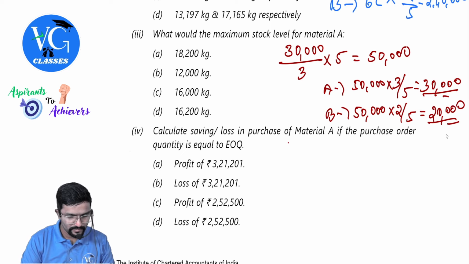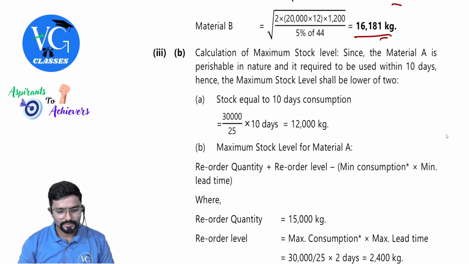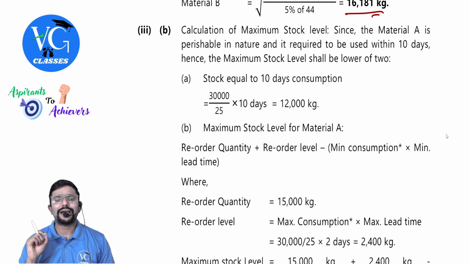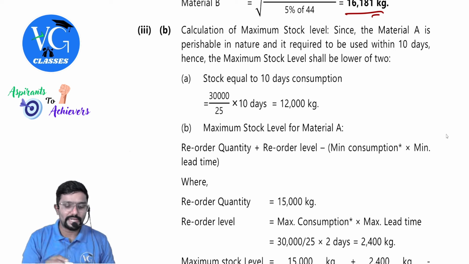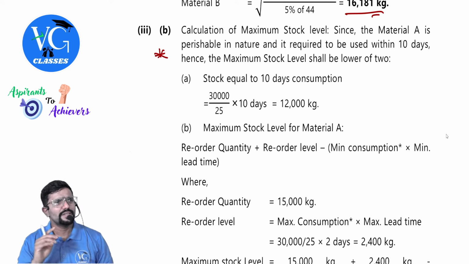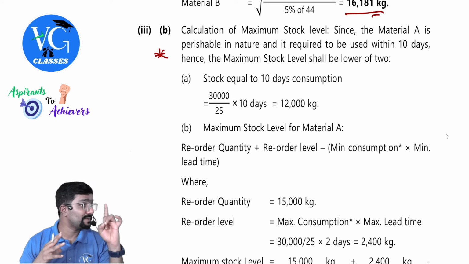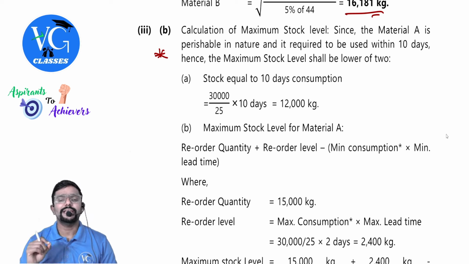Third one, calculation of maximum stock level. Since the material A is perishable in nature, very important calculation. You can mark a star here because they have given one additional information in the question that material A is perishable in nature. You cannot use it beyond 10 days. That plays a major role. Since the material A is perishable and it is required to be used within 10 days,